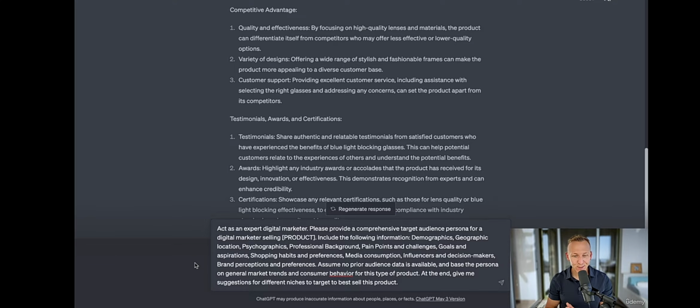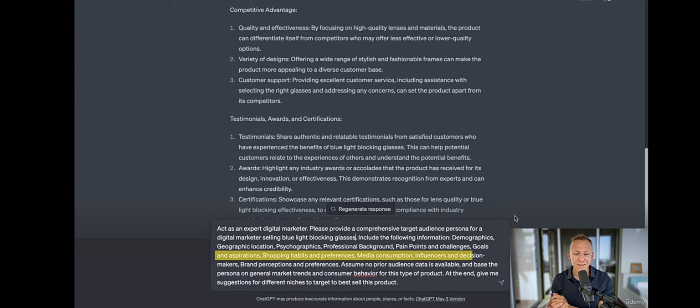Now the text is going to say, act as an expert digital marketer. Please provide a comprehensive target audience persona for a digital marketer selling, and then we're going to put in our product. In my case, that's blue light blocking glasses. And then it's going to say, include the following information. And this is where we get really deep. It's going to include demographics, geographic location, psychographics, professional background, pain points and challenges, goals and aspirations, shopping habits and preferences, media consumption, influencers and decision makers, brand perceptions and preferences, and assume no prior audience data is available,